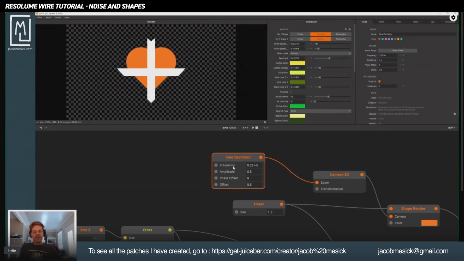Now, the thing with the sine oscillator is that we also have the option for frequency. Frequency is just how fast it goes. So if we want it to go really crazy,